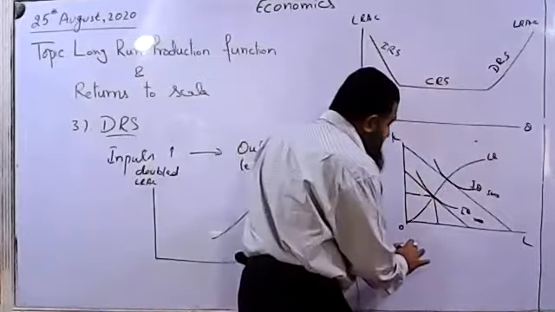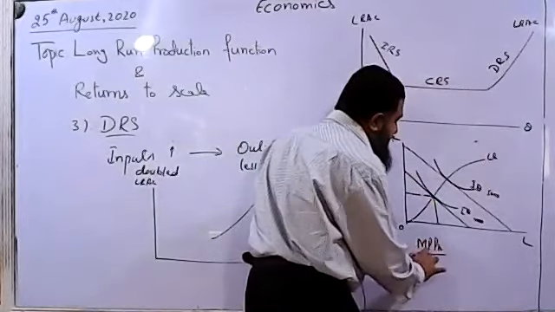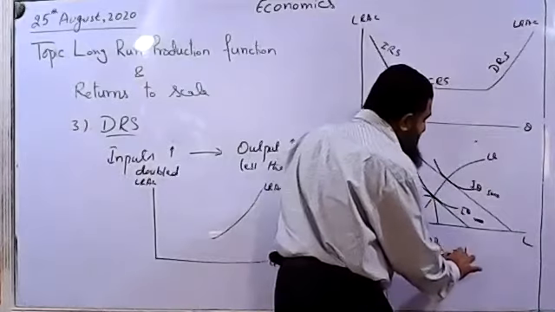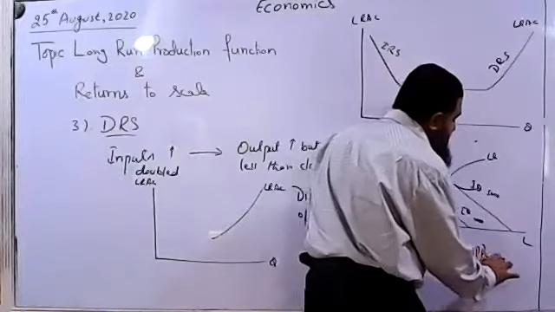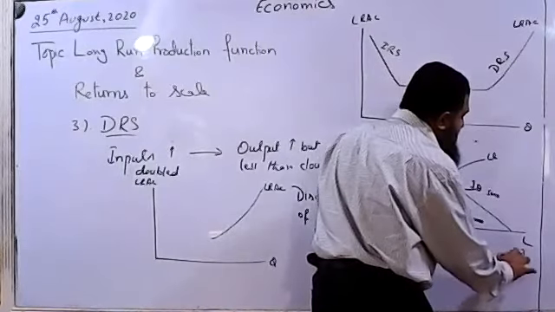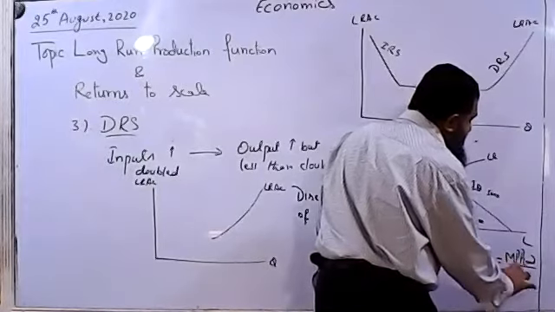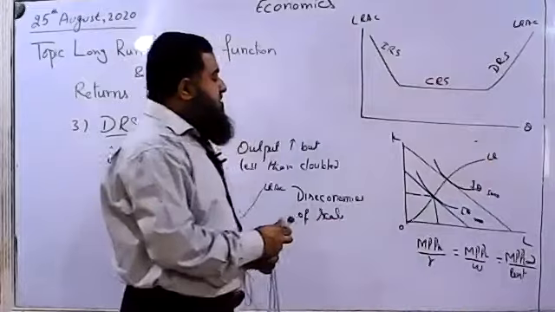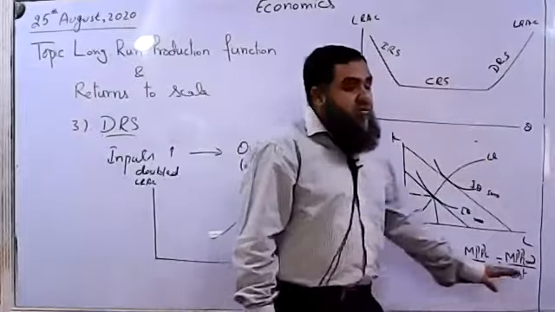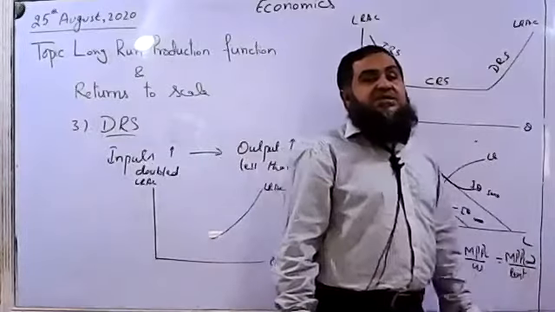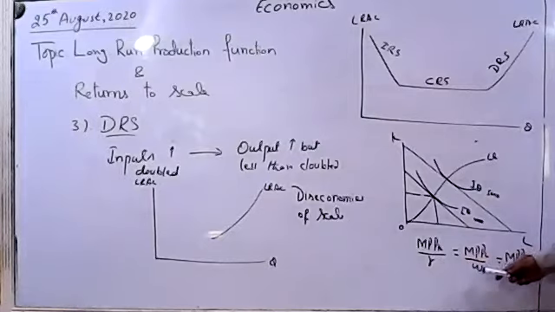So here I can say marginal physical product of capital over rate of interest should equal marginal physical product of labor over wages, which should equal marginal physical product of land over rent, and so on. The factors of production you are changing. So in the long run, all these ratios should be equated, so that each dollar spent either on capital or on labor